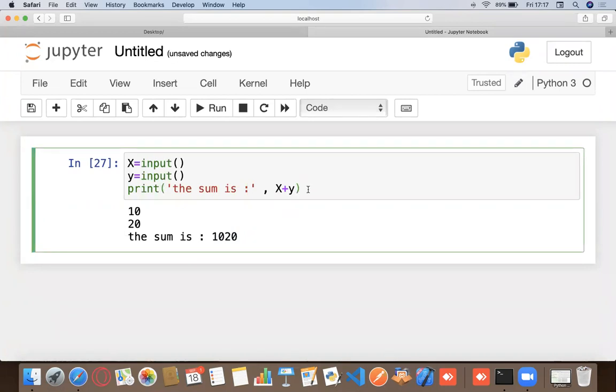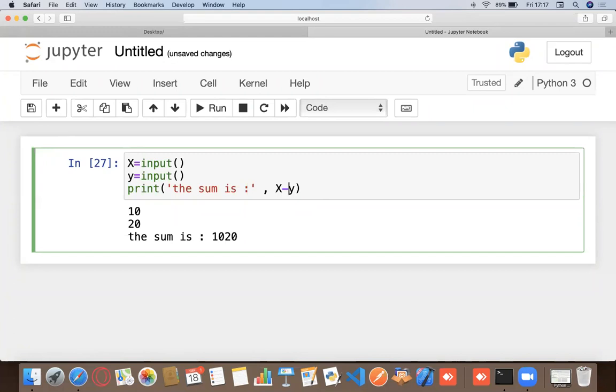So the reason for this is, whenever you input something in Python, the default data type of anything that you input is a string. It's a string, right? And we've already learned what this plus operator does. It's the concatenation operator. So when we input two strings, it's a concatenation operator.